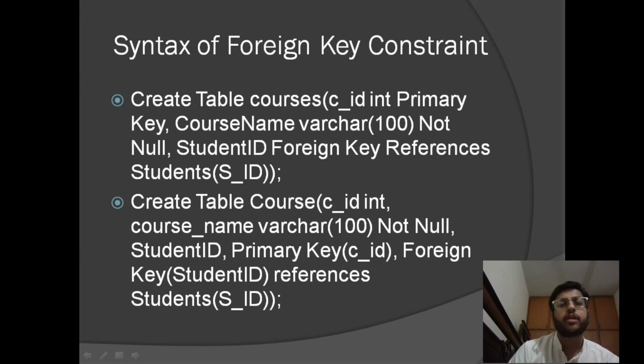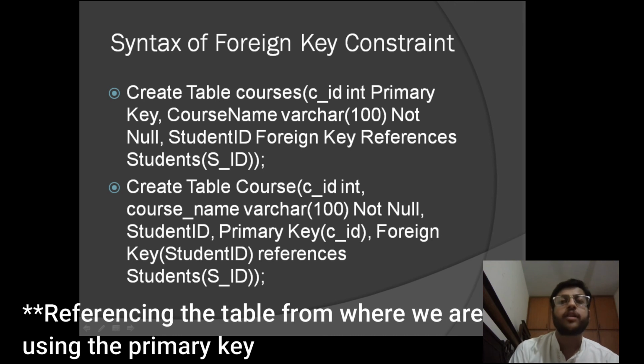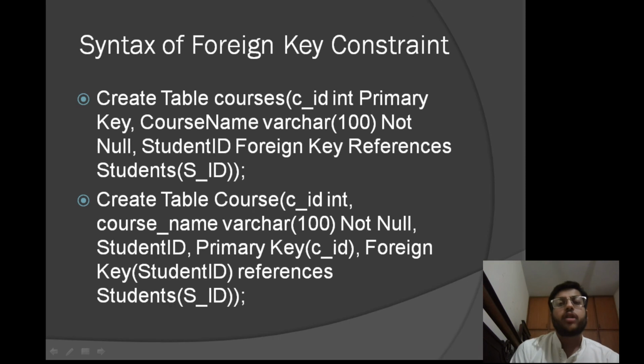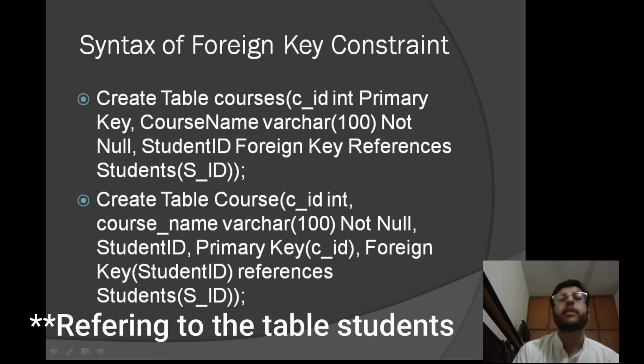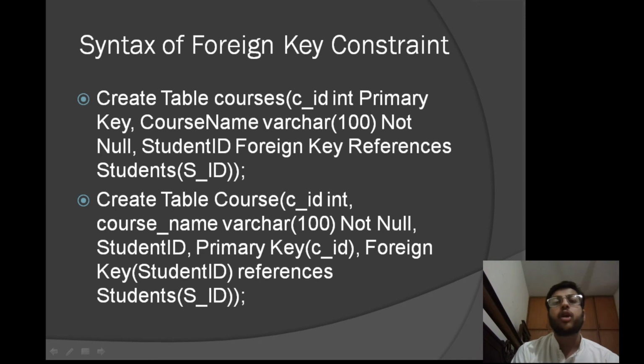The first query says create table courses, then the ID, that is primary key, course name, that is not null, then the student ID, then we are writing the keyword foreign key, then referencing the table to which we are referencing and the column of that table, the column of its parent table, right? Now what we are doing over here is we are writing this column student ID and we are giving it the foreign key constraint, and then we are referring to the table students and then the column as ID